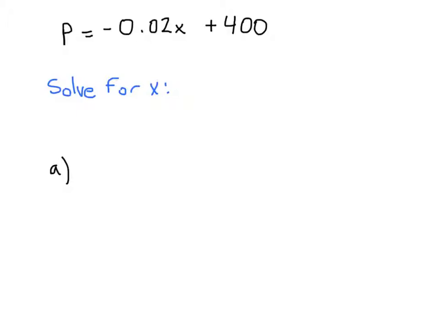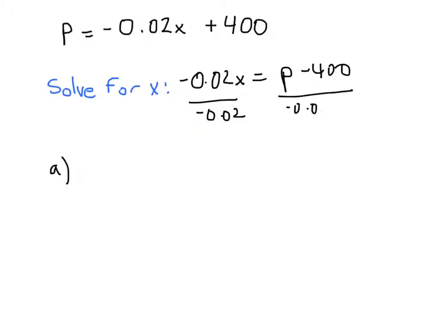So when you start one of these problems, the first thing you want to do is solve for x. This will give us our f of p. And so that's what I'm going to do with this equation here. I'm going to subtract 400 from both sides. So you get negative 0.02x equals p minus 400. And when you divide both sides by negative 0.02 and simplify, you get x equals f of p, which is